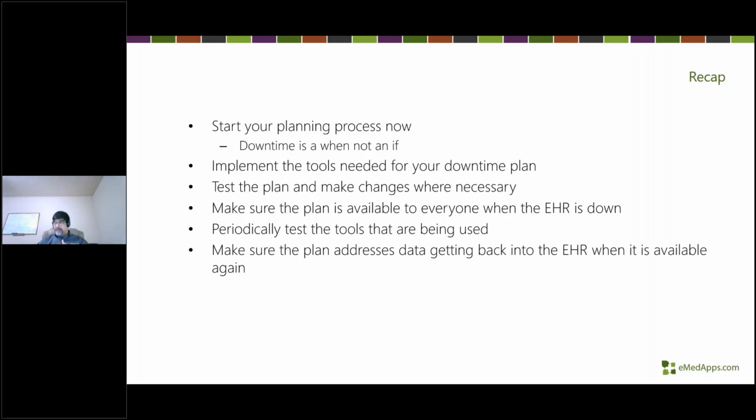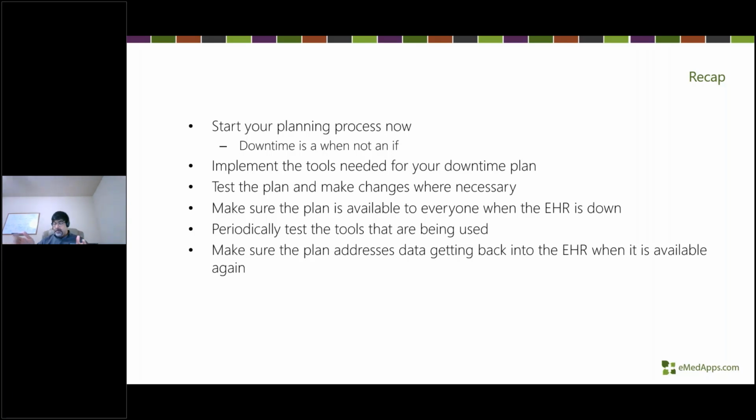Implement those tools that you've identified as part of your downtime process. Make sure that you have the information that's necessary for your team with those tools and get them configured and set up so they're available, and then periodically test them to make sure that they're there. Test the plan. Make changes to the plan whenever necessary. As I said, if we're incorporating new procedures, new systems, or there are changes to the environment that are going to require me to change my downtime processes, make sure those changes happen as soon as possible so that you're able to test them, put them in place, and they're available if there is a downtime.